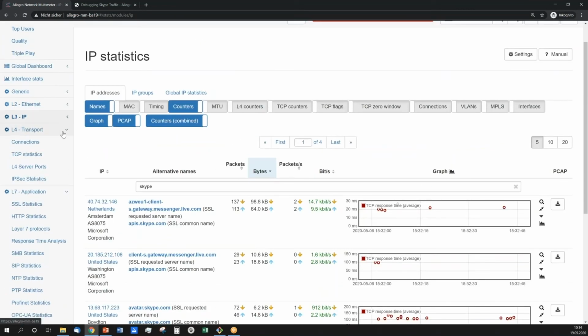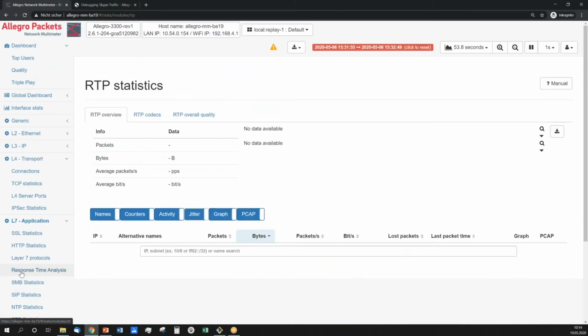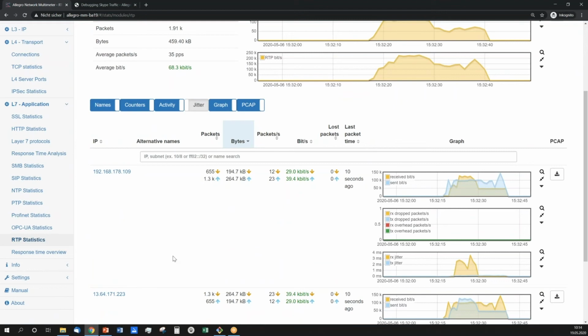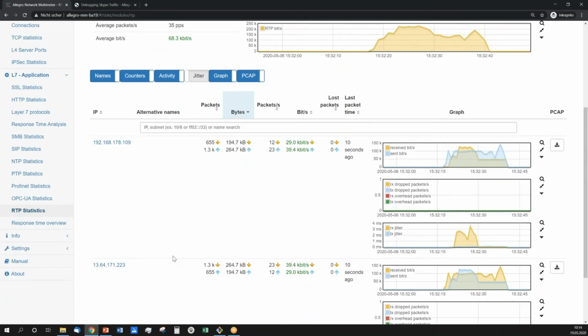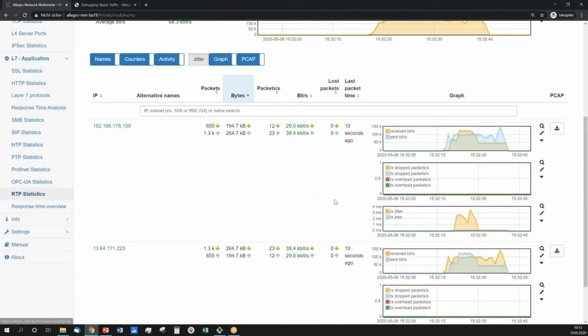Okay, now part 2, which is not the Skype control traffic, but the more important part, the Skype VoIP traffic. Skype uses encrypted RTP, which is very easy to debug because for encrypted RTP we see the RTP header, which gives us a lot of information, for example for jitter and packet loss, and we can calculate a lot of these values here. The content itself is Skype proprietary, so we can't do any analytics on it, but we can show you the RTP statistics for the layer 7 application.